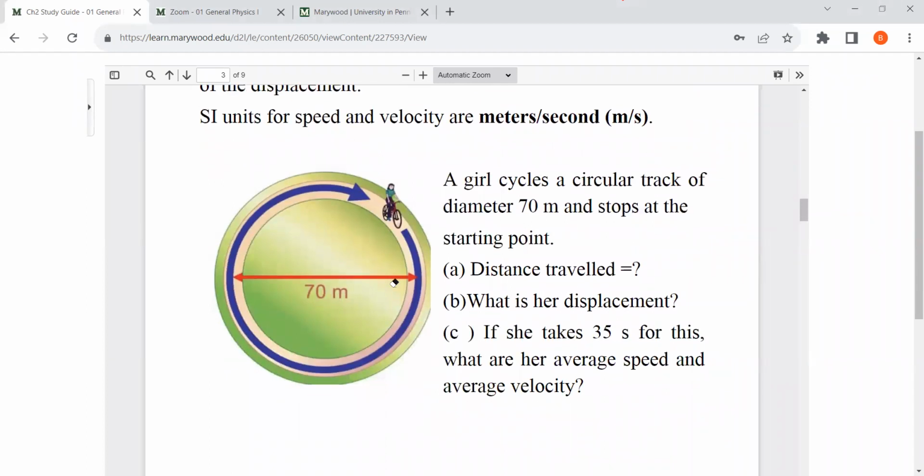Now let's try to solve this problem. Let's say a girl cycles a circular track of diameter 70 meter and stops at the starting point. So she starts from here and she stops here. We have to find the distance traveled. She travels this distance, so what is this distance? This is basically the circumference